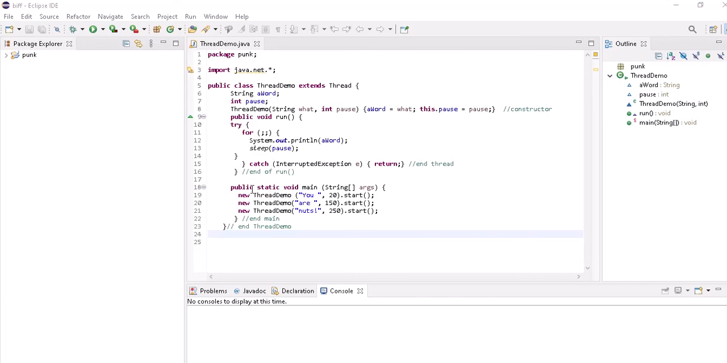So here's my main method. When I launch ThreadDemo, it's this that's actually going to execute. And the first thing it does is create a new ThreadDemo object with U and 20 milliseconds plugged into it. And I'm going to start that up. Immediately at the end of the line, the thread is created and starts running